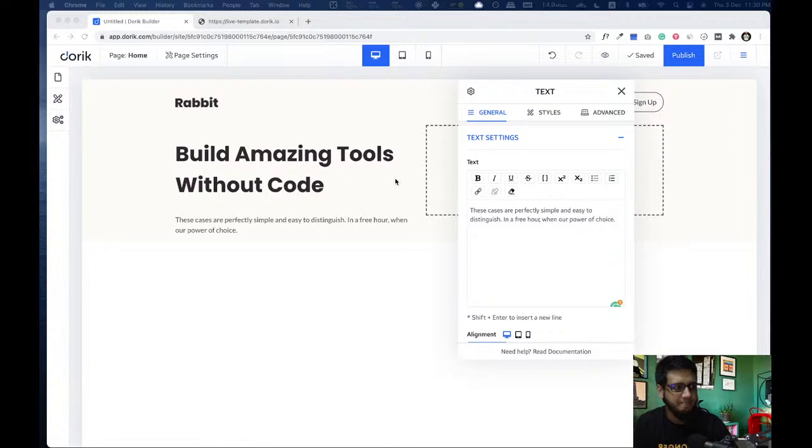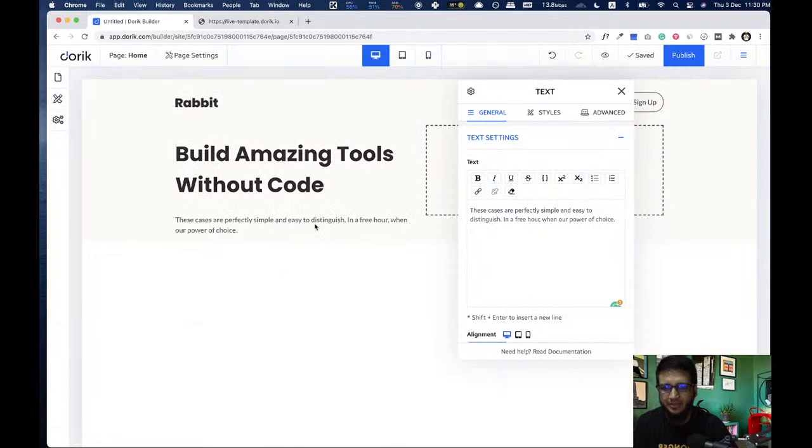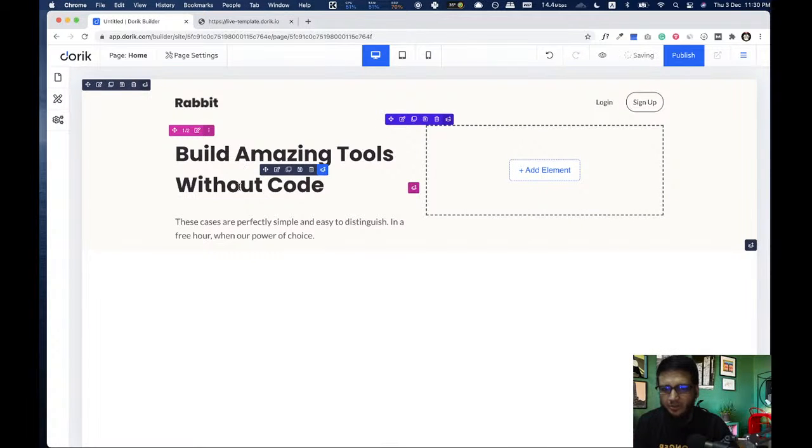It's a little bit smaller, so we are just gonna change the size from here to 20 pixel, and we are gonna give it a little bit higher line height. That's fine. We always add a default gap between headings and text, because lots of users do not need custom gaps, so they don't need to add gaps manually.